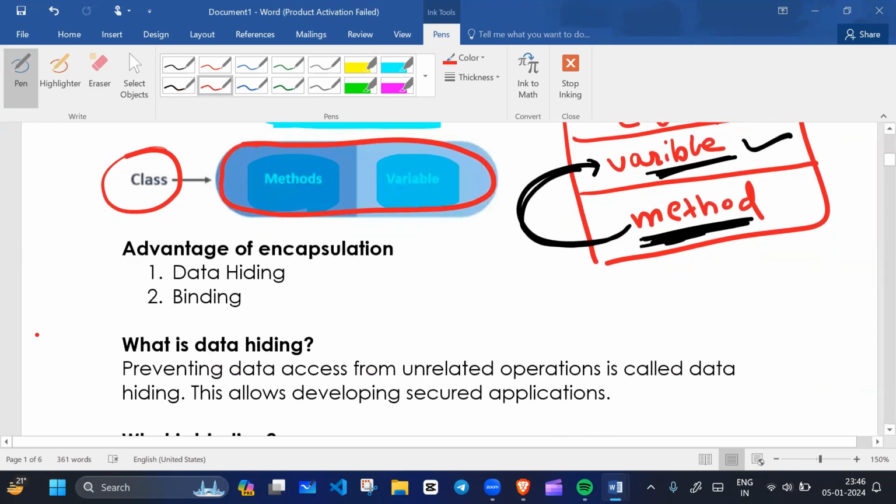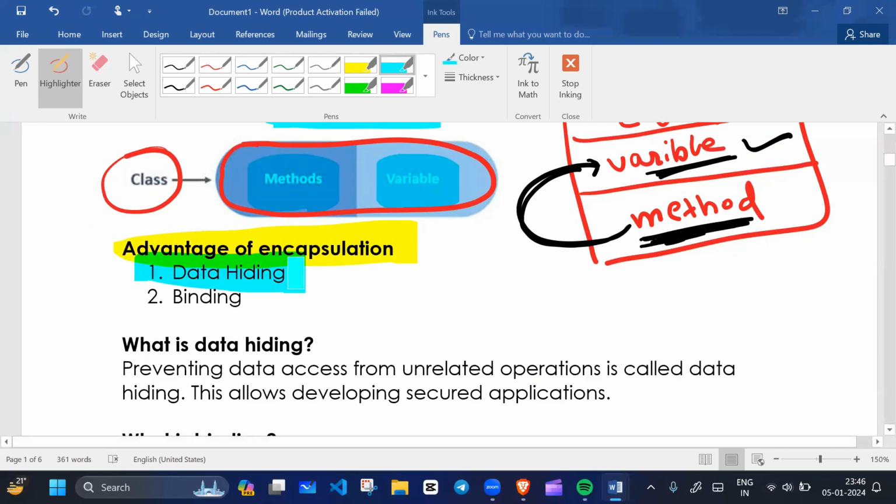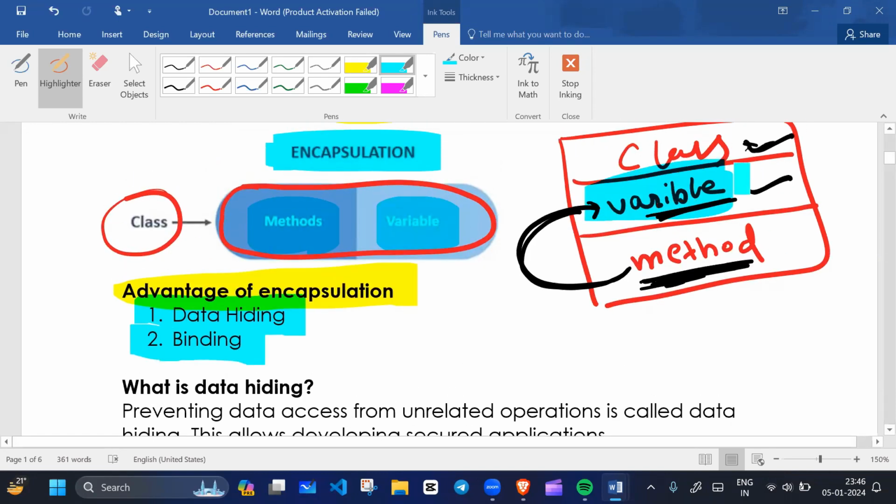Now we will see what the advantages of encapsulation are. The very first advantage of encapsulation is data hiding. Encapsulation provides the feature of data hiding so that we can protect our data. Binding means we can bind our data with particular methods.